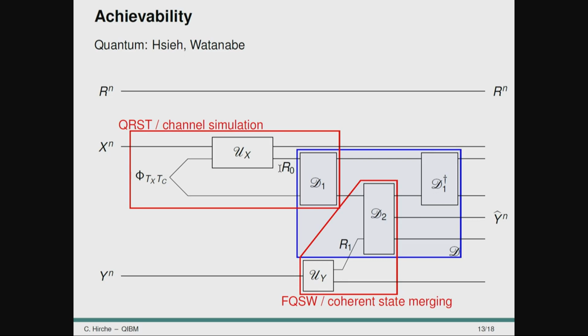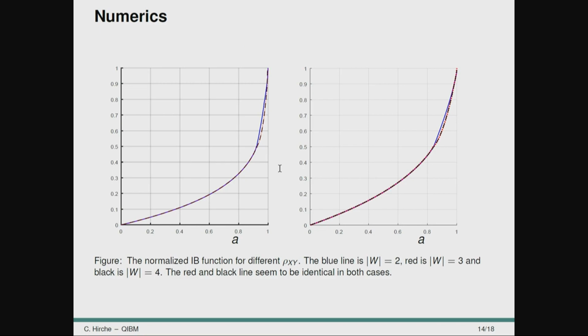Okay. And I also want to talk briefly about some numerical results, which are interesting in one sense. Here we use an algorithm that was already presented in the paper by Salek et al., but we generalize it in certain ways to allow more parameters. And this comes back to the problem I presented when introducing the formula, which is that we don't actually have a bound on the dimension of the system W, so the output system of the channel.